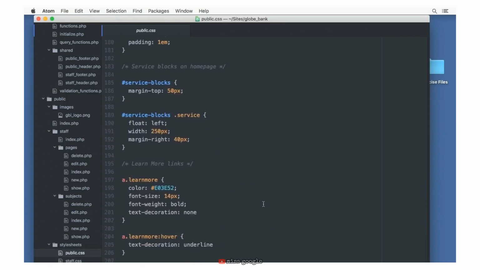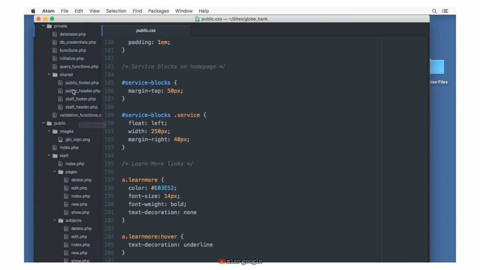Now, you don't have to pause the movie and copy all those down. Those are provided in the exercise files. So you can go and grab that file from the exercise files if you don't have it already and just drop it into your style sheets. And the same thing is true for index.php, for the logo PNG file, and for public header and public footer. Those are all in the exercise files, and those are the 5 files that have changed since the end of part 1. But what that does is it puts us in a good place to get started with our project,